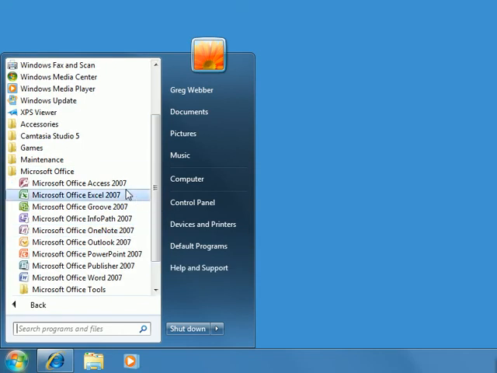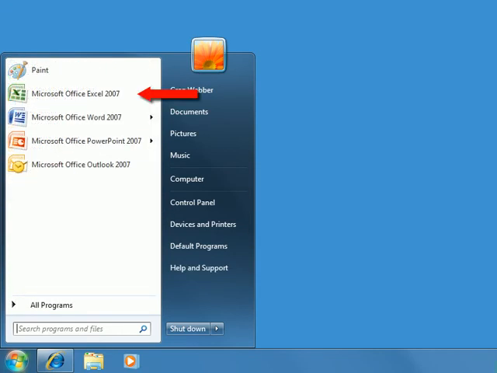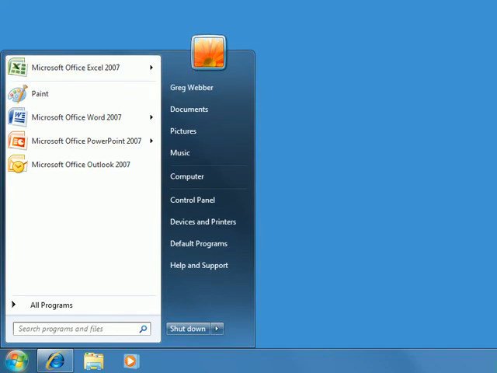Notice that when a program is opened, it's automatically added to the list of frequently used programs. This list will expand over time as programs are opened, but keep in mind you have the option to pin a program to the Start menu by dragging it to the top of the list, making it easier to find